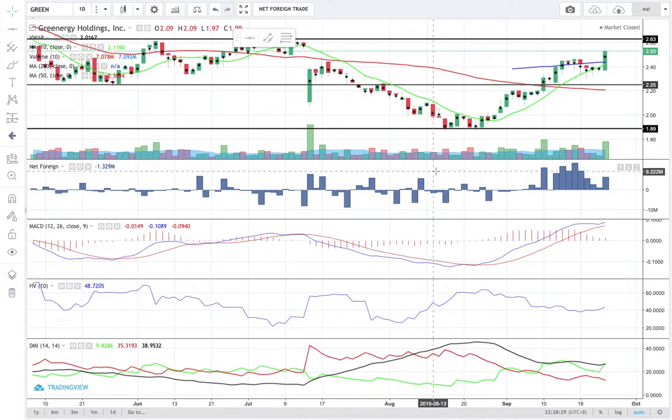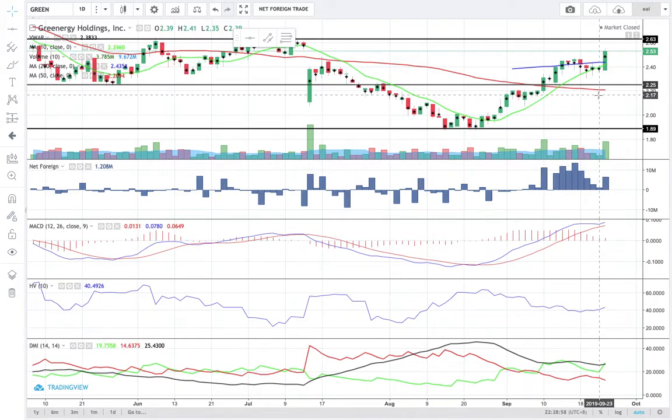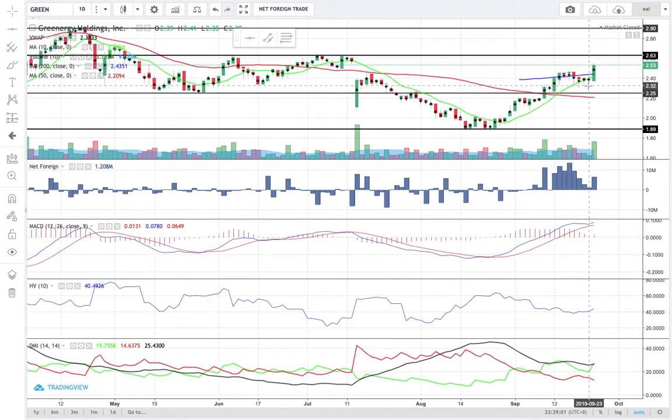So if you have Green, and if you are planning to add more shares, do it within the dominant range. That's not a bad idea at this point, technically speaking. And if you are planning to enter a new position, wait a minute, calculate your trailing stop loss first. If you are satisfied with it, then do a test buy within the dominant range. If not, then wait for a pullback, if that will happen, or a breakout, if that will happen also. Pullback close to 2.25 or breakout above 2.6. And then reassess the situation. So ask in the private clients forum for the latest analysis for Green, just in case Green will not make it for the